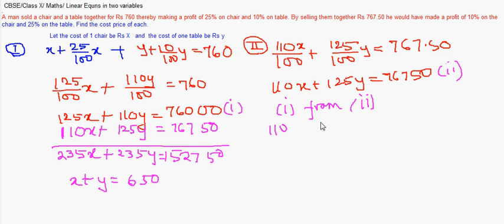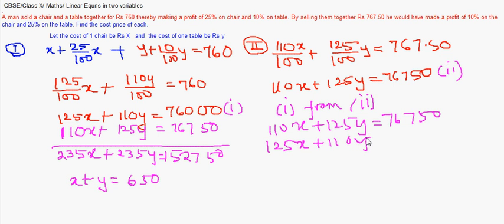Yes, 110x plus 125y equals 76750. I will be subtracting the second equation from the first. Thereby I get minus 15x,